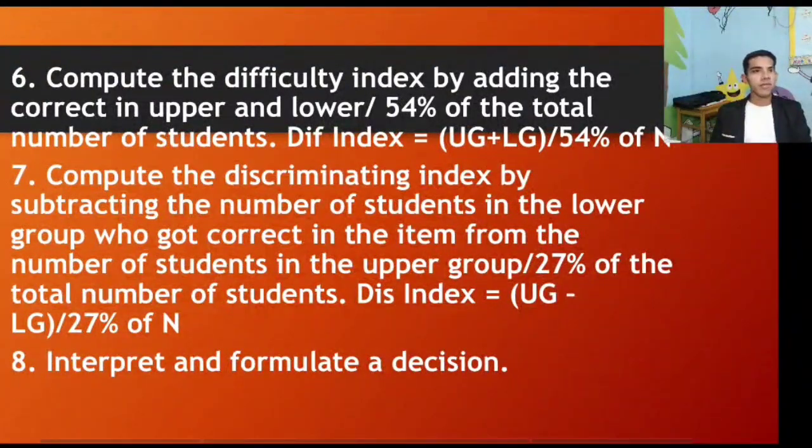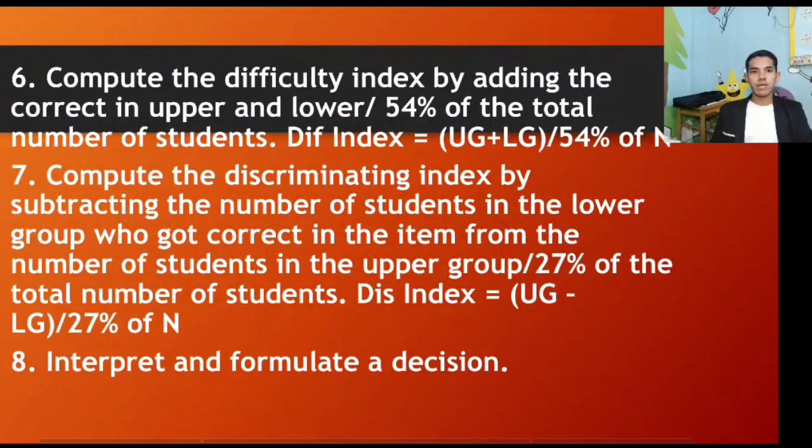So difficulty index is equal to the upper group, or students who get the correct answer from the upper group, plus students who get the correct answer from the lower group, divided by 54% of N, or the number of students who take the test. After you compute the difficulty index, we have step 7, to compute the discriminating